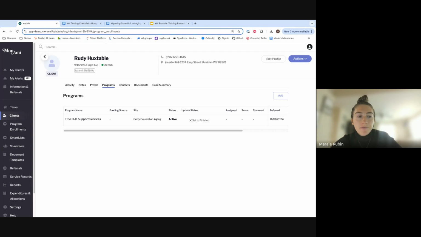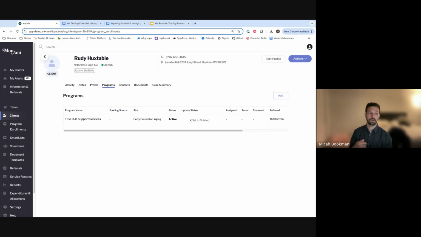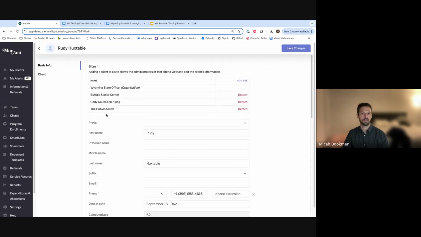So Micah, what about if they don't necessarily move, but they're seeing multiple senior centers at the same time? It's totally possible to have that person belong to your site and to report their services. Program enrollments on multiple sites, that's a good question. I'm going to have to get back to you on having multiple program enrollments. That's a great question. But just to have that person on your site list, you'll notice we have multiple sites